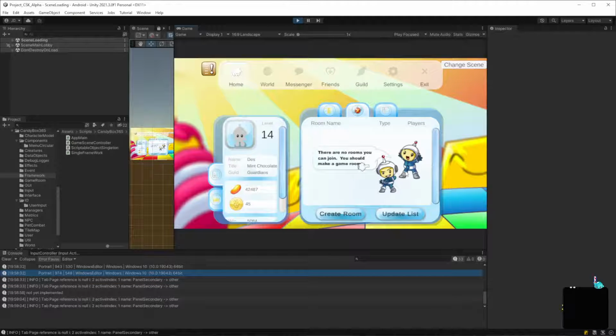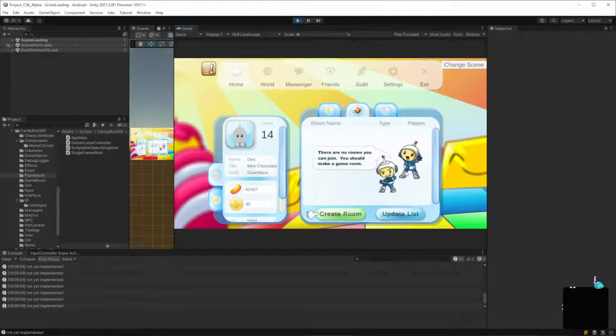Oh, I did add this, so you can navigate to here. Okay. So this will be the first time I'll be implementing this. Yeah, the create room. I don't think I added that into the previous one.